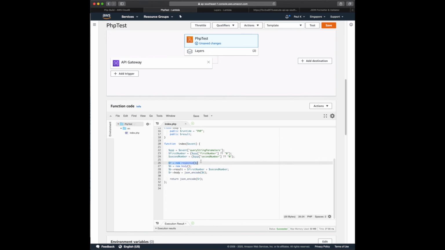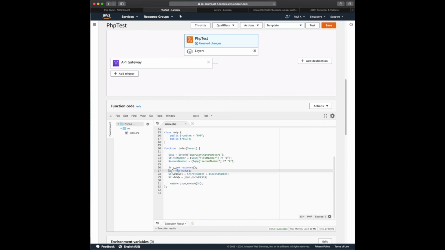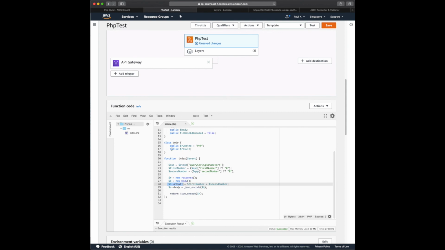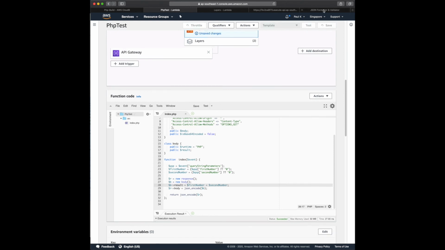We create a new instance of response, which is setting up the JSON structure that we're going to return. I create new instances of the body. The result that we're going to pass in as part of the body, so this section here, is the addition of those two numbers. So the result should be adding two numbers together, and the runtime would be PHP. We set the result to the body that we're going to send back. If we save this and run that again,